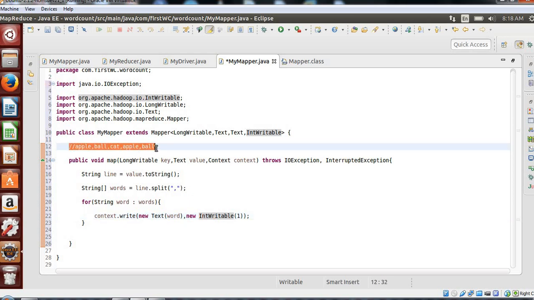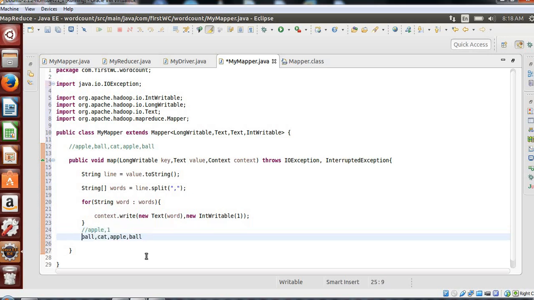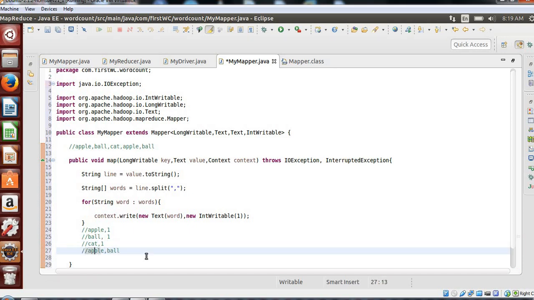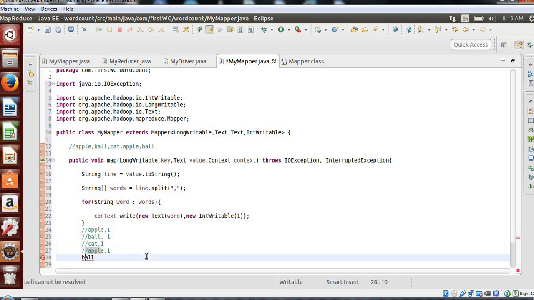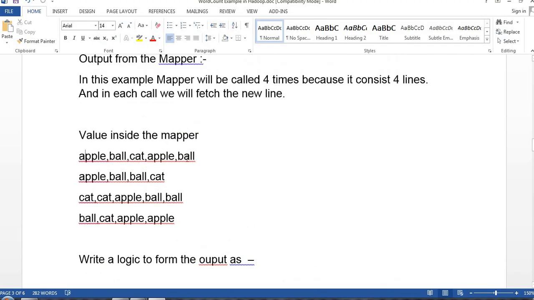This will be converted from here when it goes: apple 1, then ball 1, then cat 1, then again apple 1, again ball 1. That's it. So this would be the input and you will get the output. Similarly, for each and every line it will generate the same key and value pair.